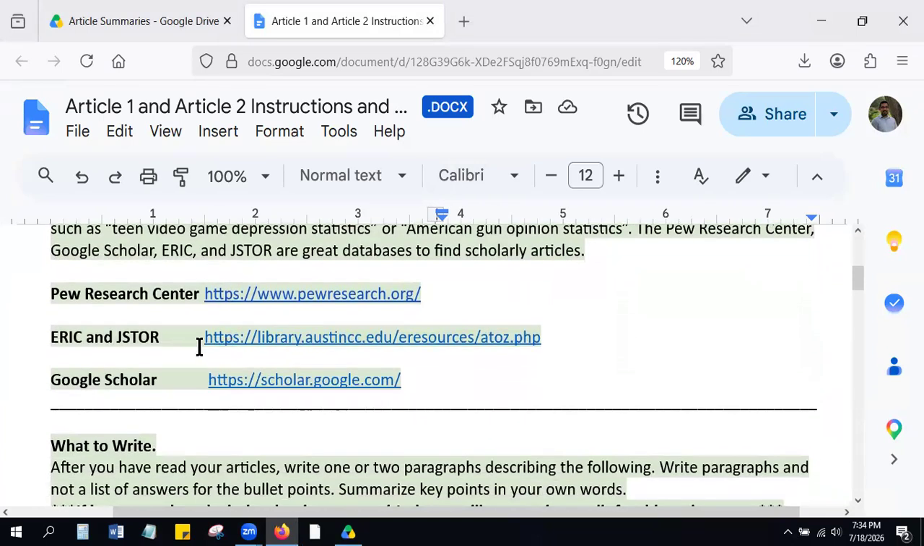I'm going to start off right here with these three. These are three different databases or areas where you could go and try to find your articles. Pew Research Center, ERIC, JSTOR, Google Scholar. And the reason why I say these are good is because they're on the academic side and they also are going to have statistics, meaning means, proportions, correlations, like averages. And that's what you ultimately want to find: